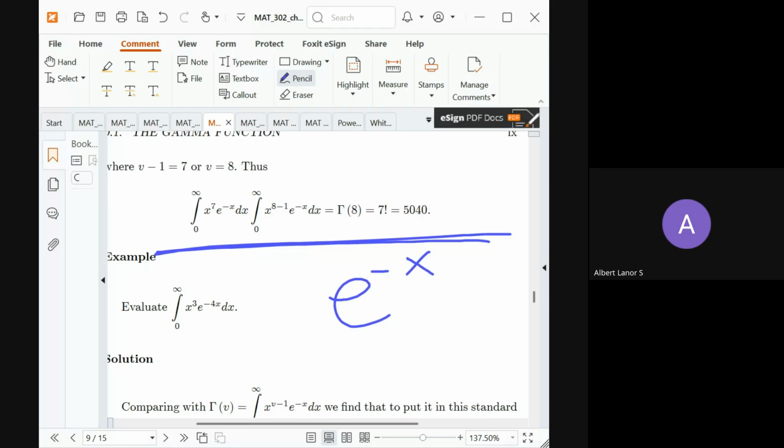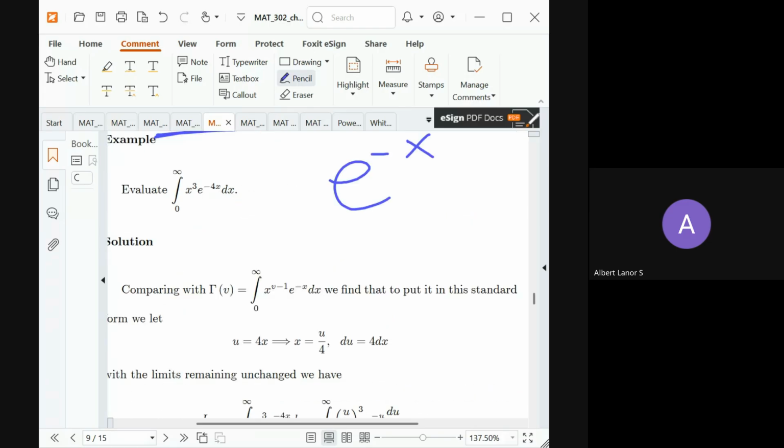So when you have a function like this and the power on the e is not x, then you have to do the standard substitution. All right, so we're going to make a substitution and say, let's call that whole thing u. So you say that let u be equal to 4x. It means that x is u over 4. Then you're going to change the variable into u,